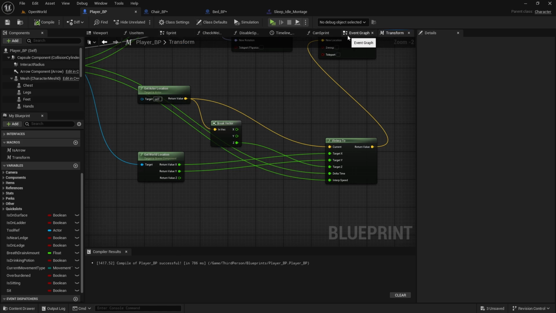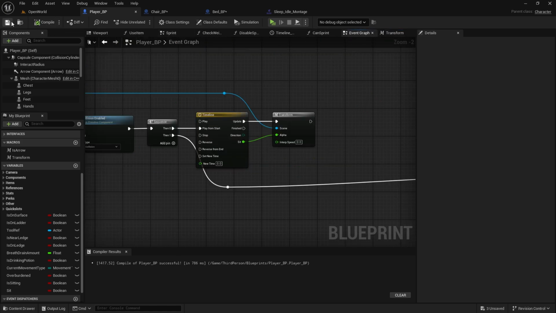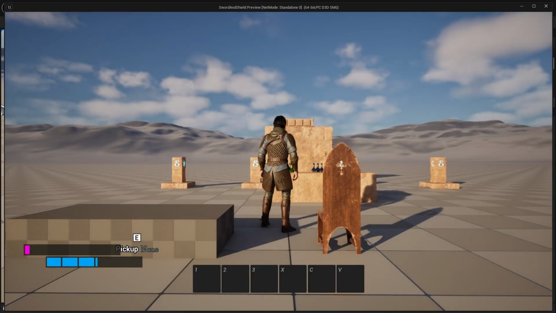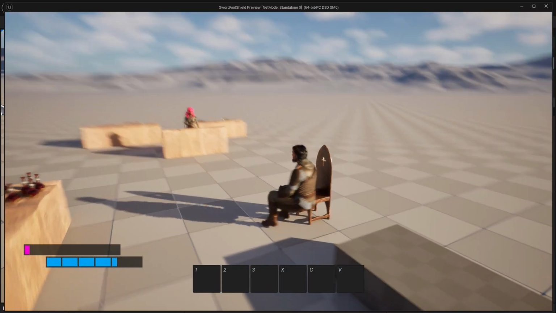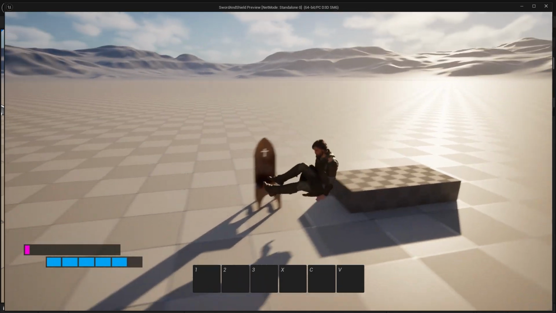Now, so let's say if we set interp speed to 1, it should be the same as it was before for our sitting down animation. So if I try here to sit, you can see I just slide in very quickly to the chair,